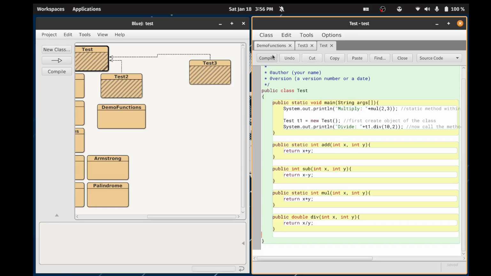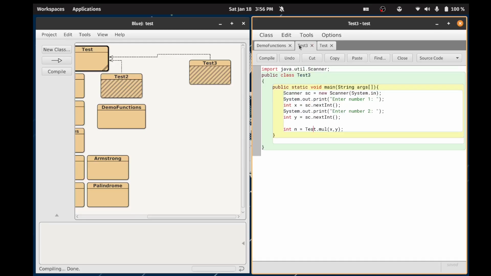Let's save this and compile this. Yeah, okay. Now it is not showing any error. So test.multiply, we will multiply x and y. This multiply method is within this test class, and I am using this method within this test3 class. Perfect. Now after this, I'll check if that number, if n is a palindrome number,